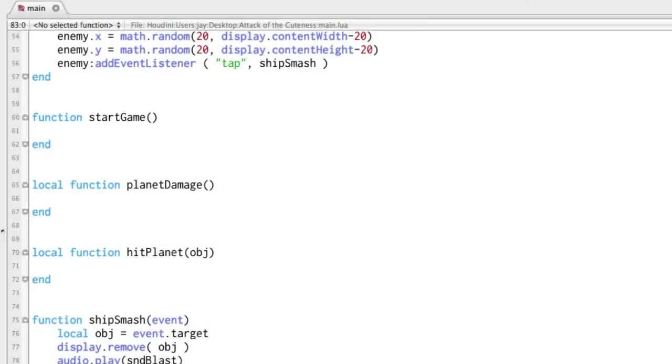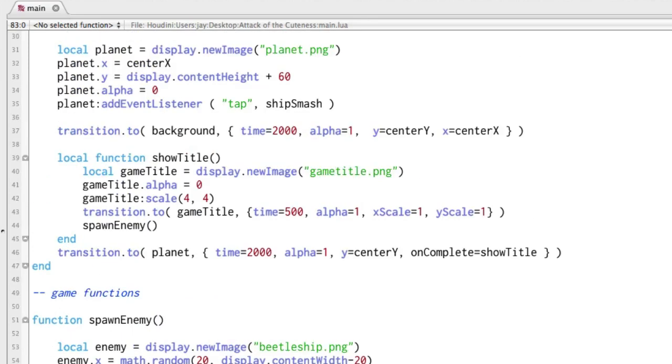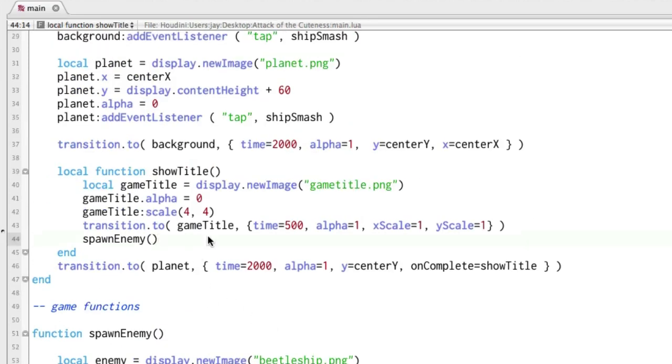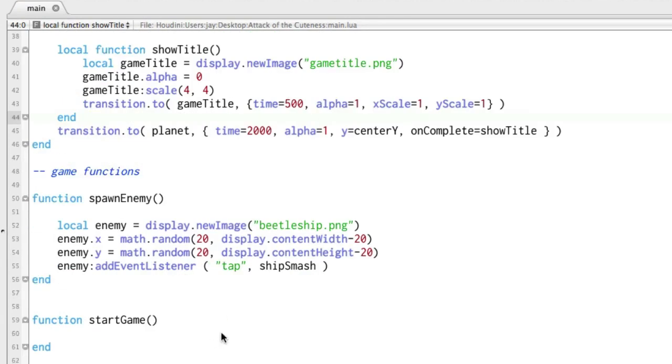All right, let's put some text in our game and some kind of instructions. We're going to take out that start game first. And up in here in show title, we're going to take out spawn enemies, since that was just a test, so we could get something going. And down in start game,